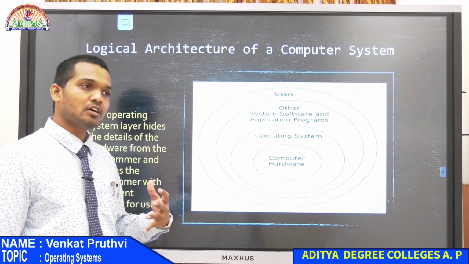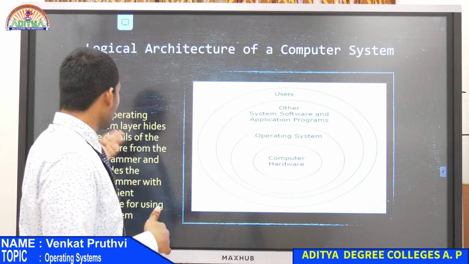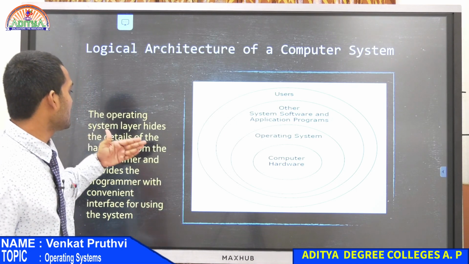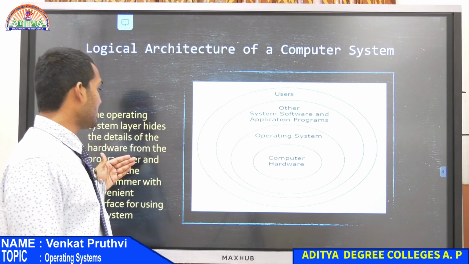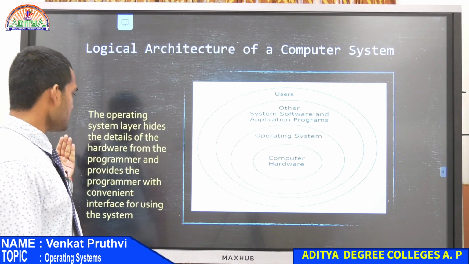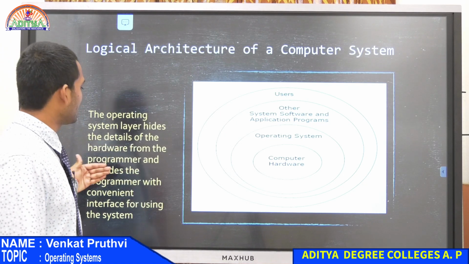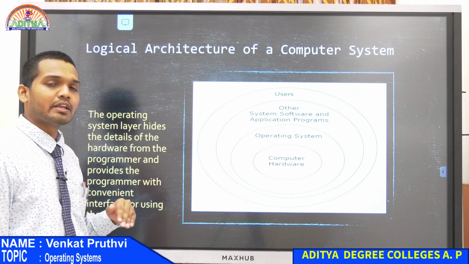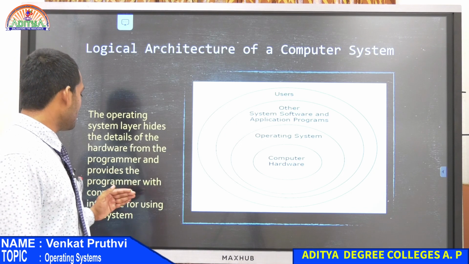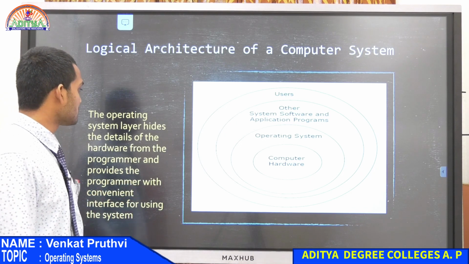So based on the discussion we had until now, if you read this, it will be very clear for you, where it shows that the operating system layer hides the details of the hardware from the programmer or the user. You can call any one of them, user or programmer, interchangeably over here, and it provides the programmer with a convenient interface for using the system.